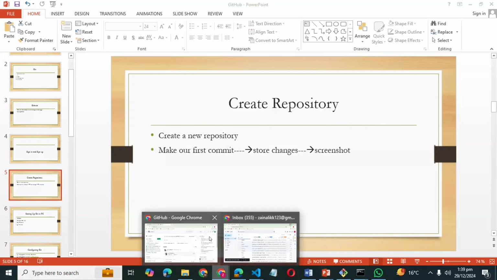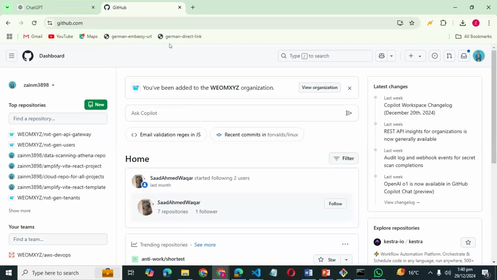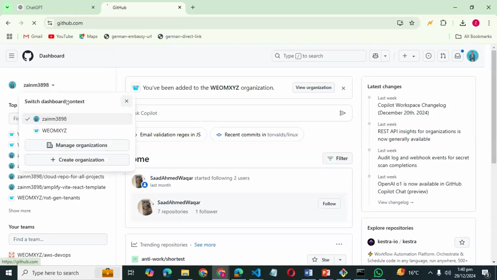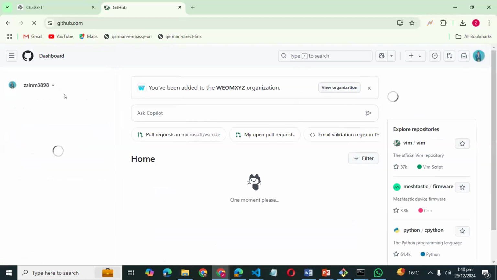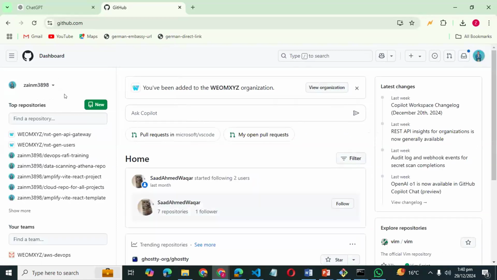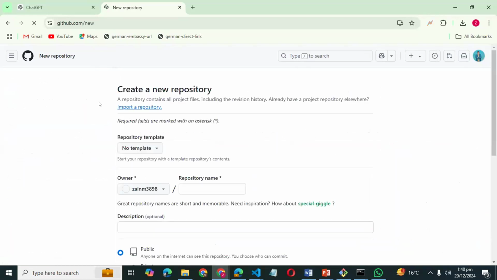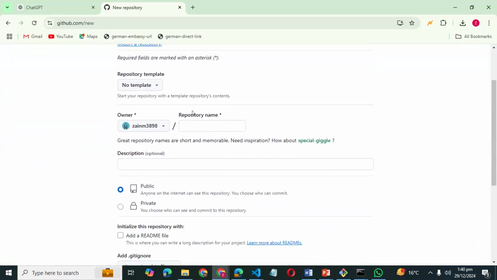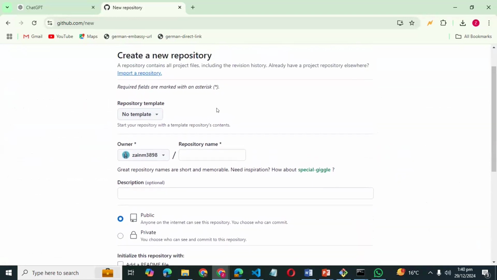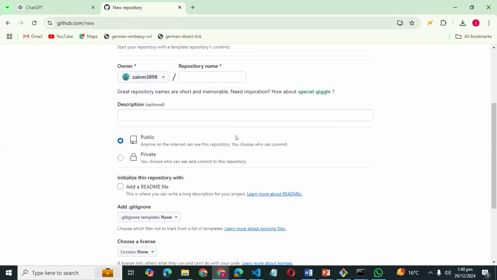Then we go to our main profile, right? After that, we get the option with the name New, right? So we click on it, and after clicking, we find a series of steps to create a new repository. We make some name for that repository.